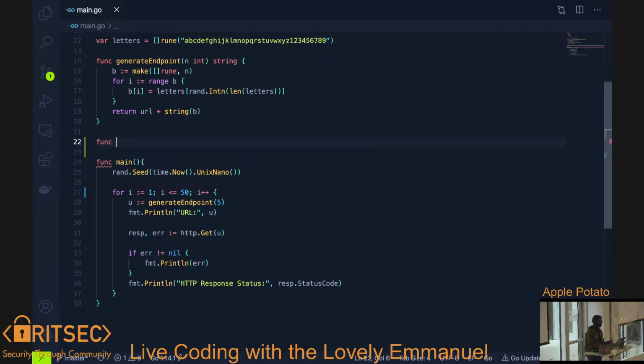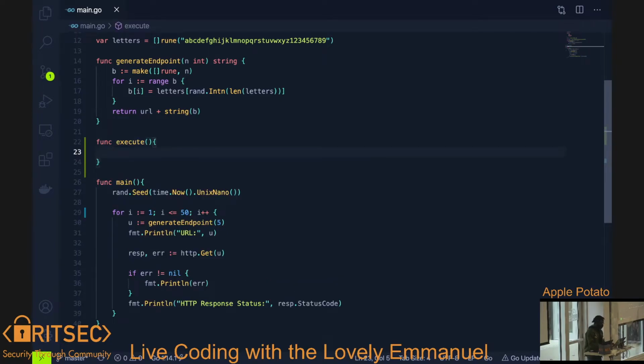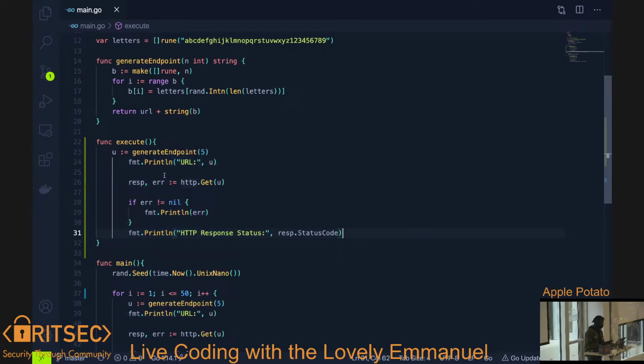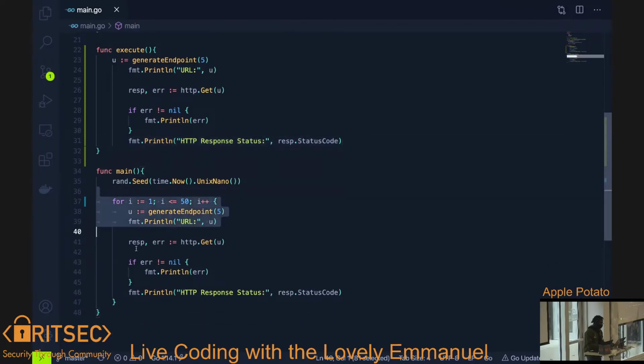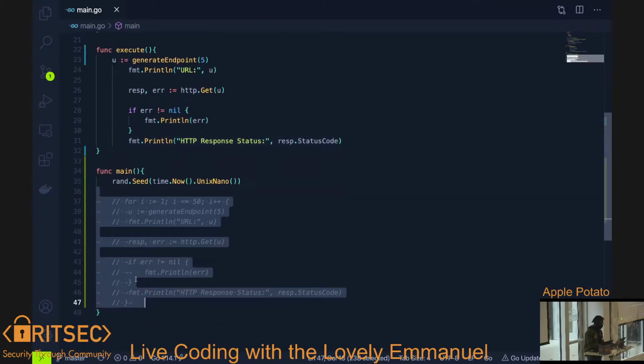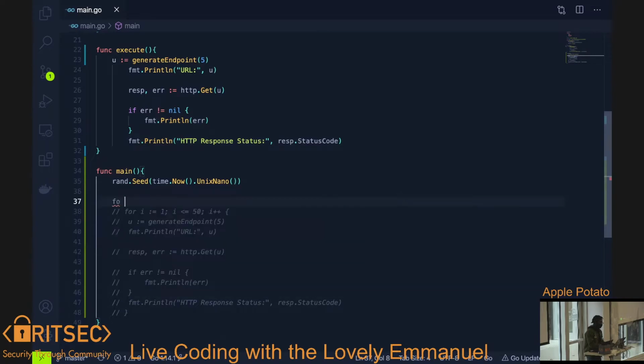So execute right here. It creates the URL. No, just copy this. And I think based on this, it might not work in my head. Yeah, I'm not looping.